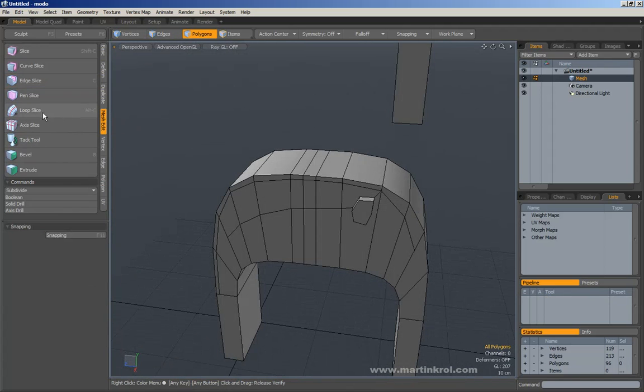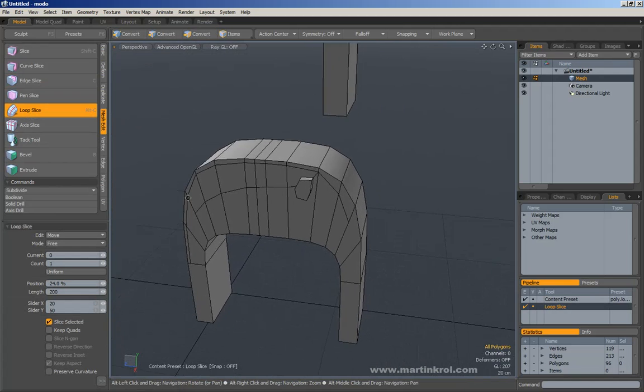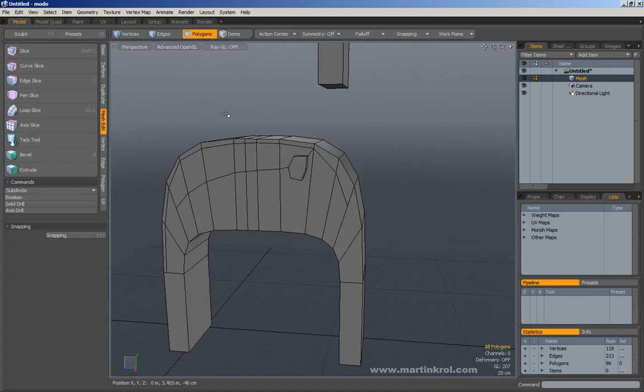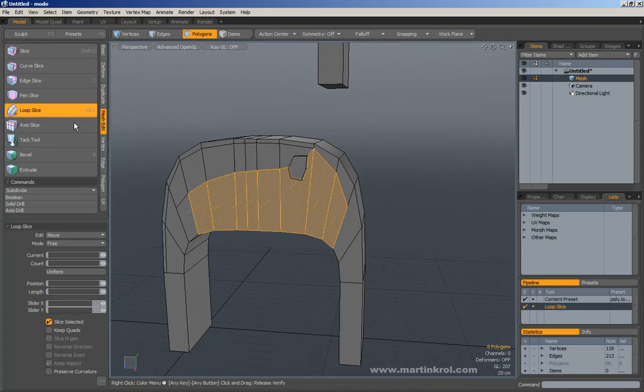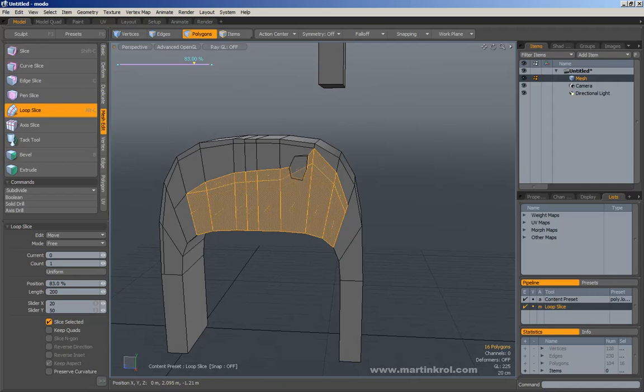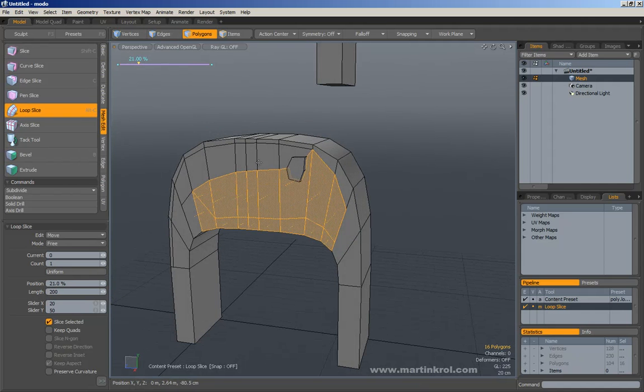Now the other one that I use very often is loop slice. Loop slice is very useful. What I could do is I could just go to polygons, and I could select a number of polygons, loop slice. It will loop slice all the way down the middle of an edge, and if I left click and drag in my viewport, I can slide the edge loop exactly where I need it,